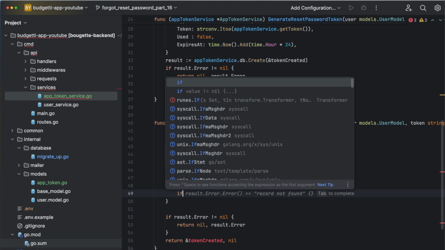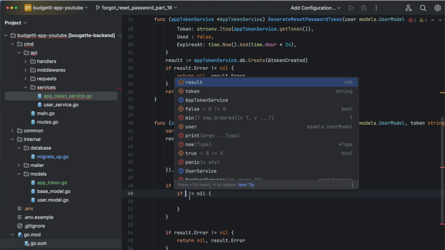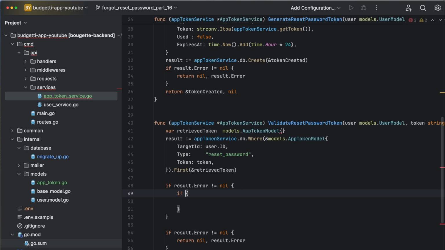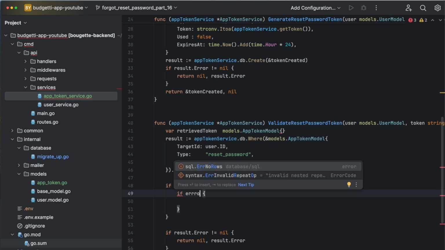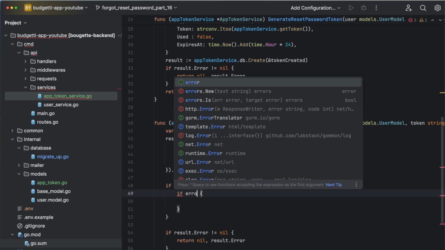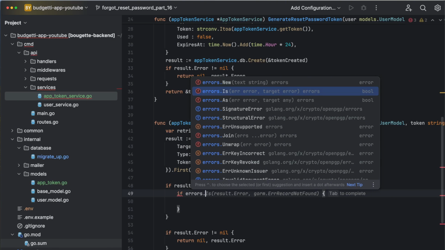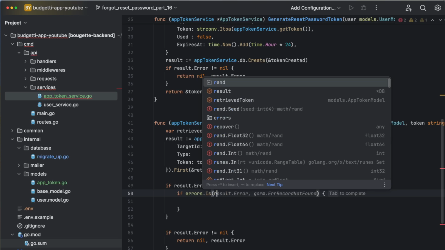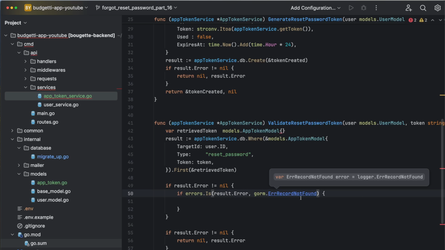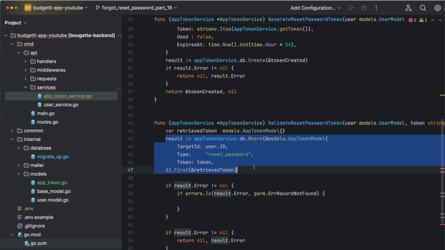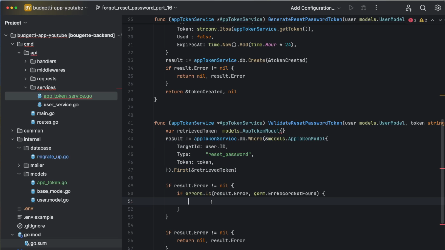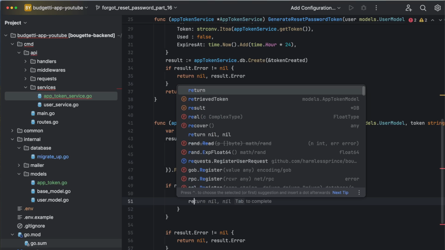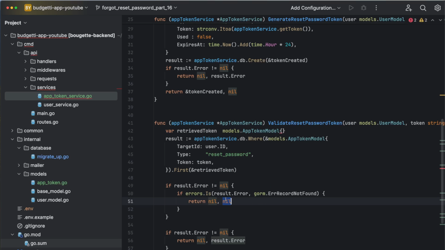We want to check if the error returned, errors.Is of type, if the error, that is result.Error, is type GORM record not found, that is this token for the particular where clauses does not exist, we want to say return nil, nil for the user model,